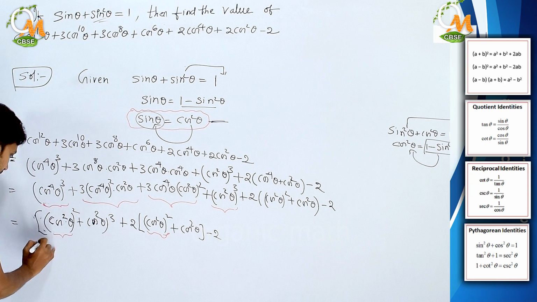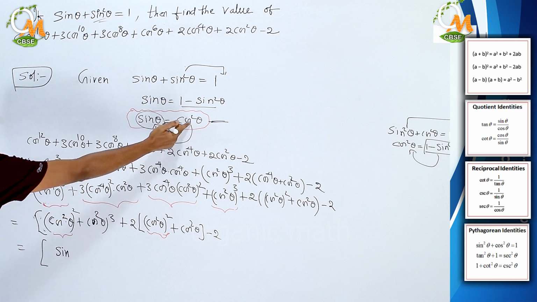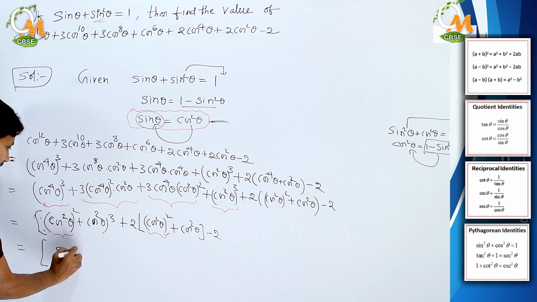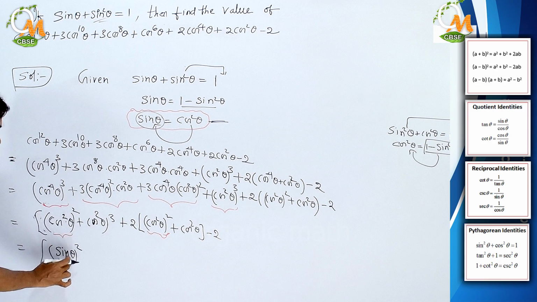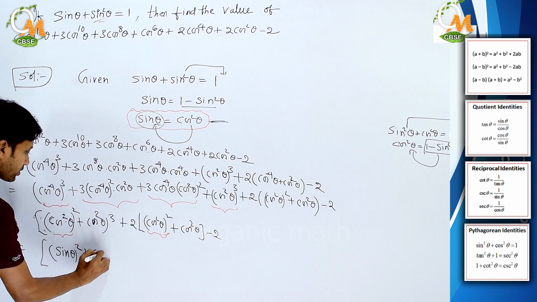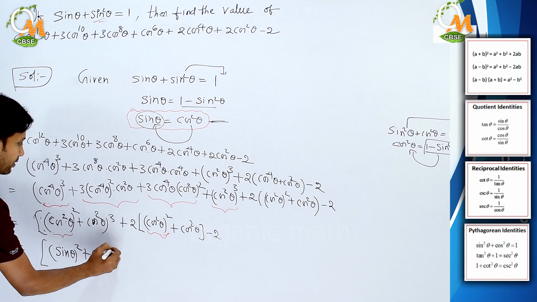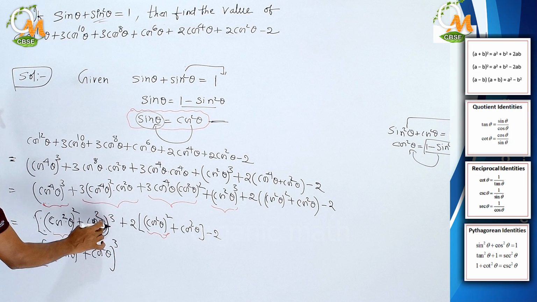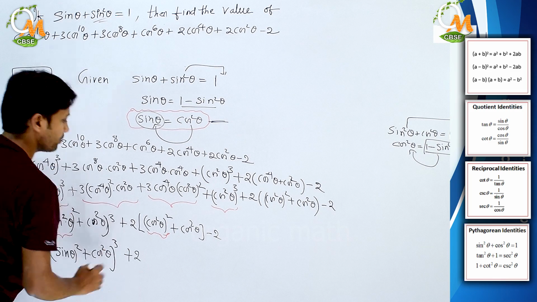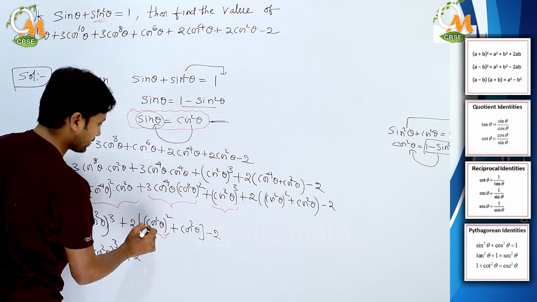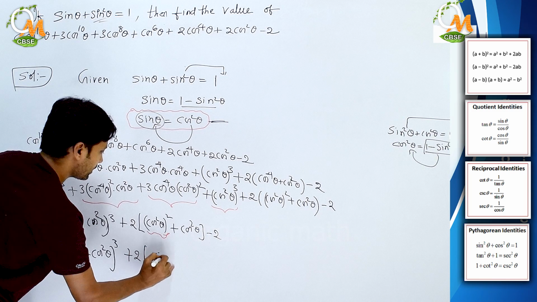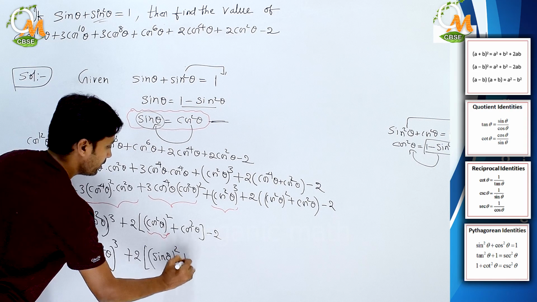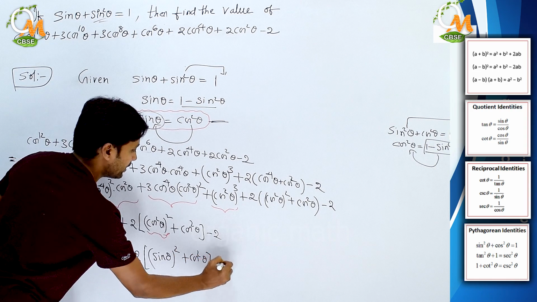So see this right here. This can be written as sin theta because we said that cos square theta equal to sin theta. Sin theta to this whole square is there, no? So write this whole square. Cos square theta equal to sin theta we put as per the given condition, plus cos square theta, which is written as it is, to this whole cube, means this entire expression whole cube. Plus 2 into, now again you put here cos square theta equal to sin theta, sin theta whole square plus cos square theta minus 2, right?